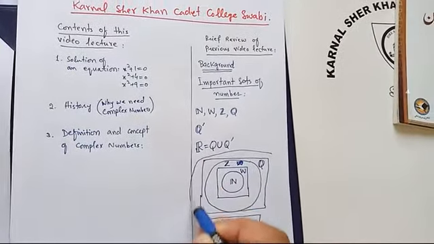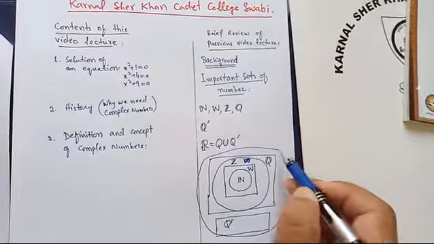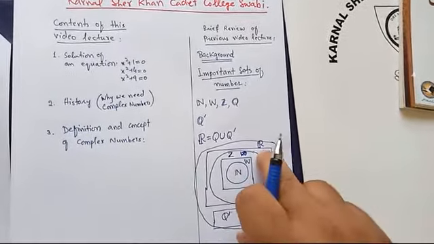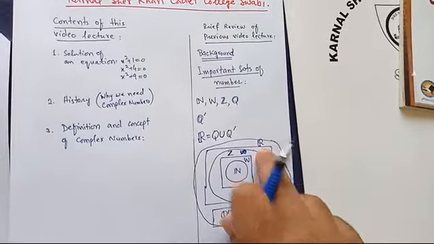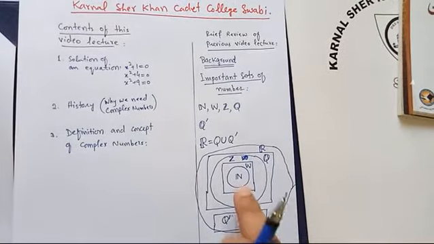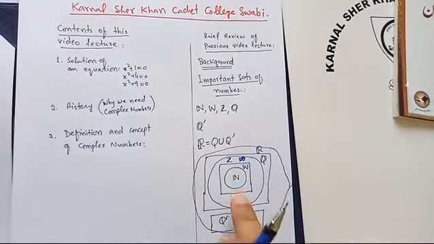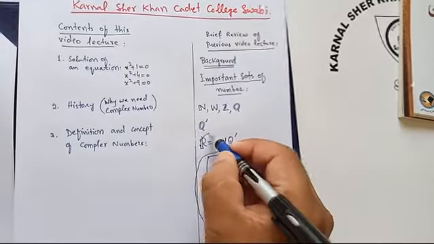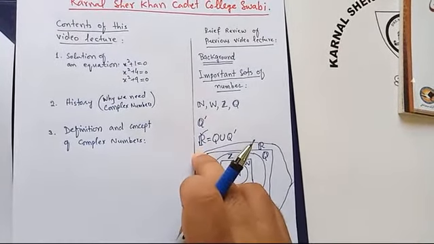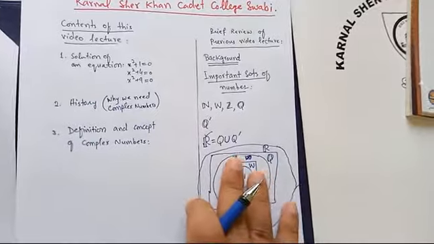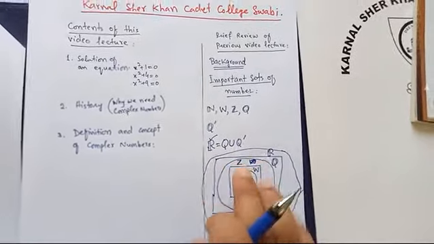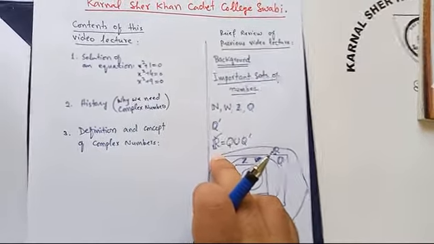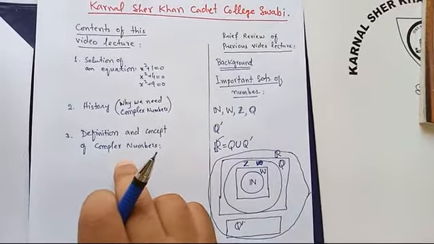So now this is the whole diagram. This is R. You see that R is such a set which contains all these sets, meaning all these sets are subsets of R. So R, in fact the set of real numbers, is the largest set. We discussed this in detail. Now these real numbers actually provide the background for the study of complex numbers.